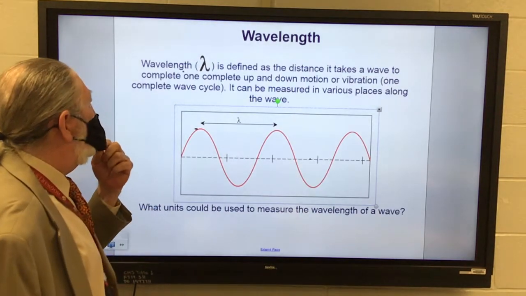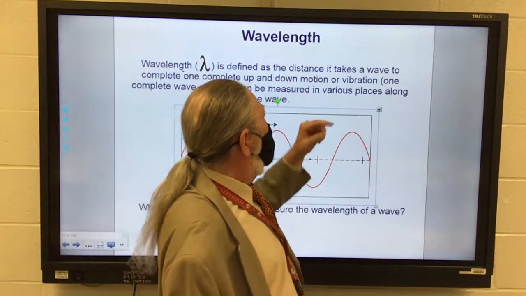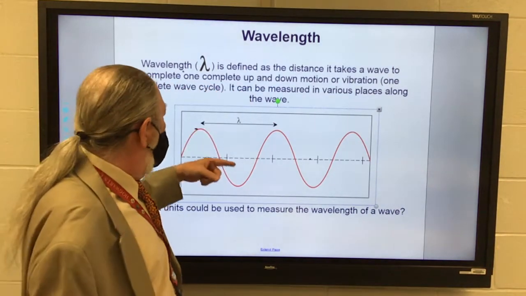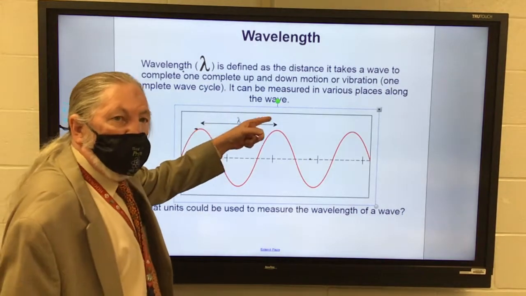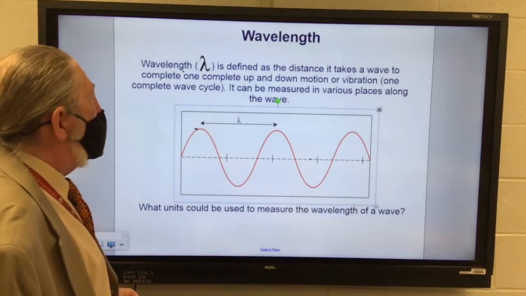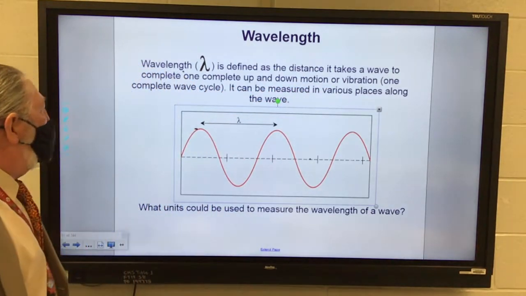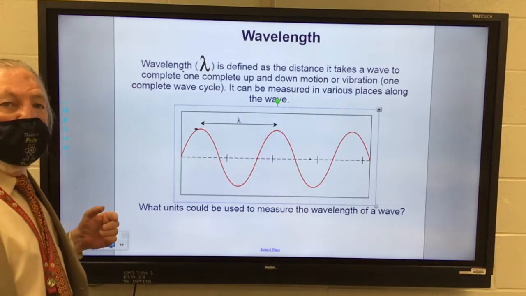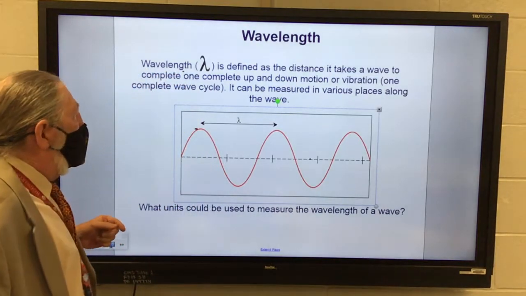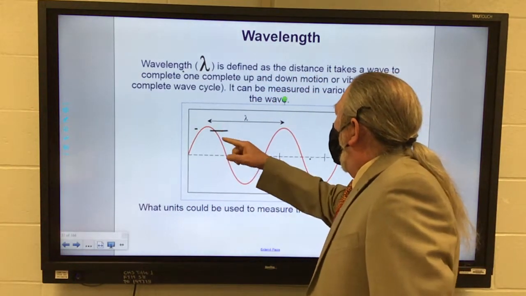And you'll see that symbol again. So a wavelength, and that's the mathematical symbol of it, is defined as the distance it takes a wave to complete one complete up and down motion. It's going up and down, up and down, okay? So a wavelength is the distance it takes a wave to complete one complete up and down motion or vibration, and it's called one complete wave cycle. It can be measured in various places along the wave. So from this crest to here is the wavelength. It's how wide,